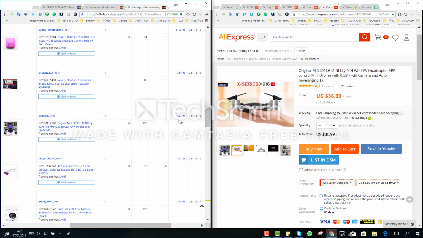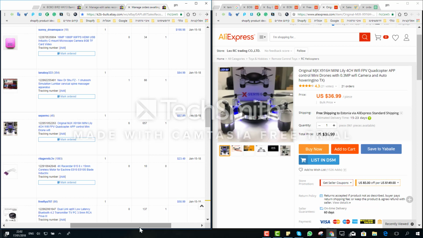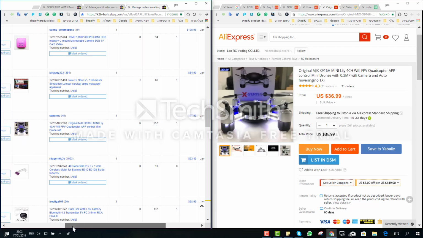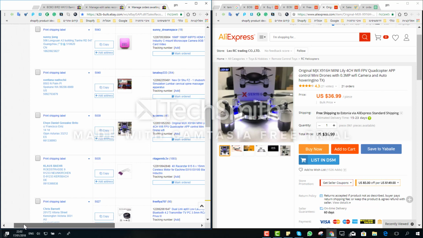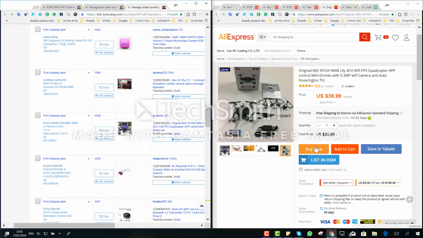Okay, so I don't need you to calculate every time because I can see clearly that 58 and 37, I have good profit. Okay, more than 7%. So then I can just go and order this with the same process. Buy now, enter the address, check everything, check the payment method, and then just close the window and see that this order is in